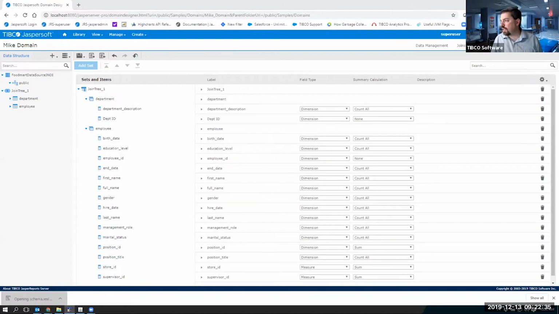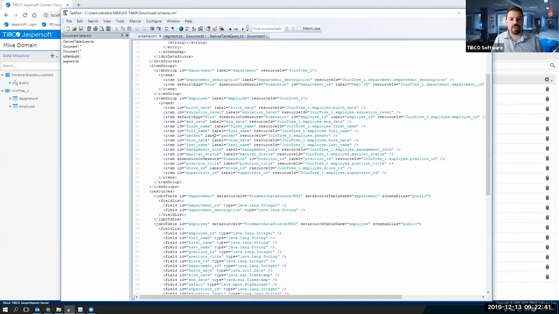And if I open that file, it's just an XML file listing everything in the domain. Now you have to be very careful here. You can absolutely modify anything you want in here, but if you screw up the XML, it won't import properly when you try to put it back in your domain. So just be very careful when you're modifying this.